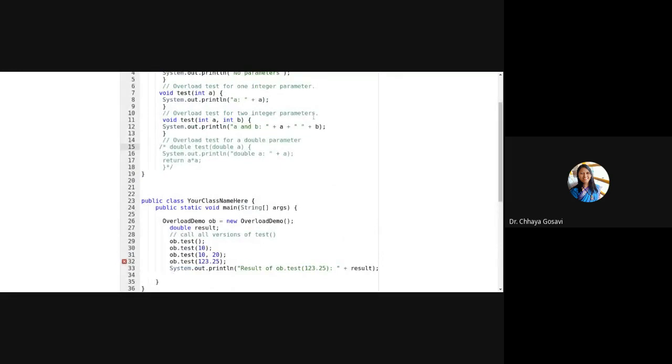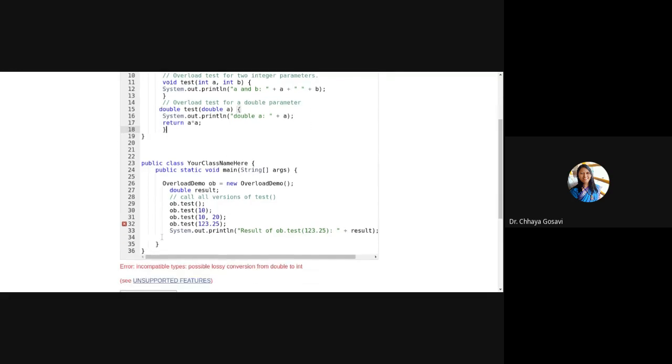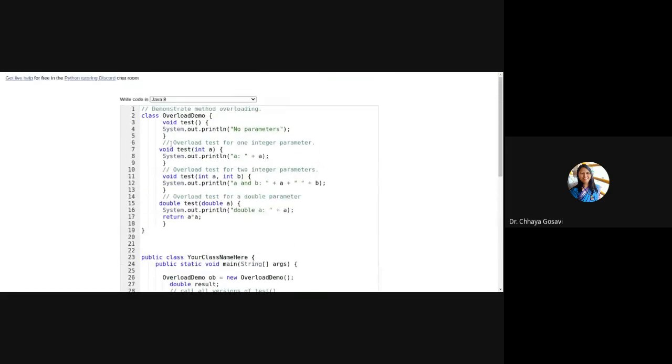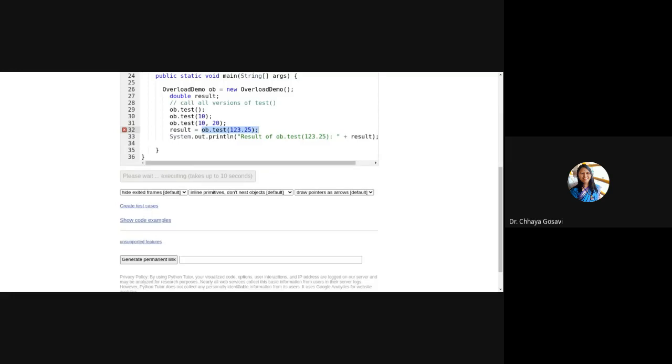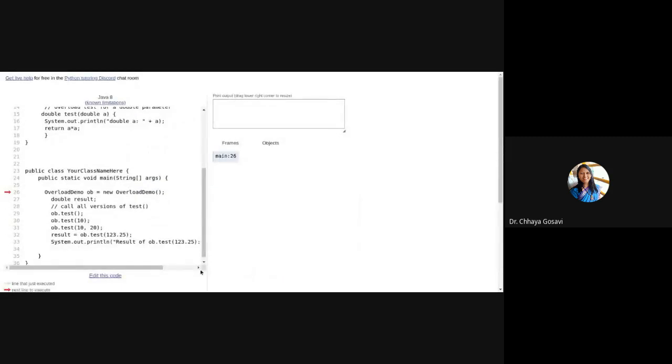So we need a function to run this code. It will not execute the integer code by default. So now this will work.